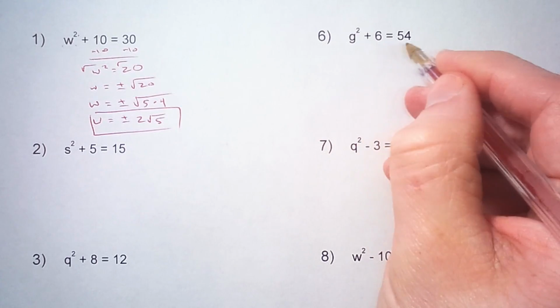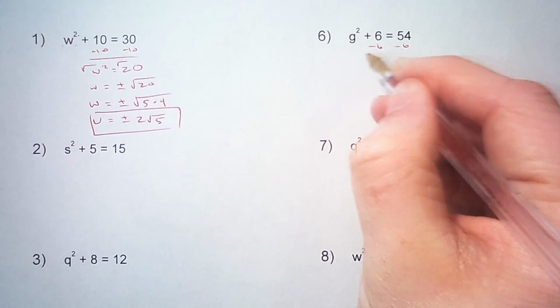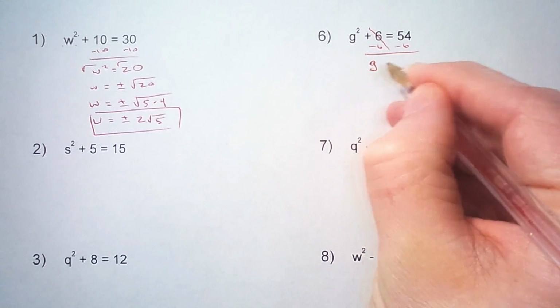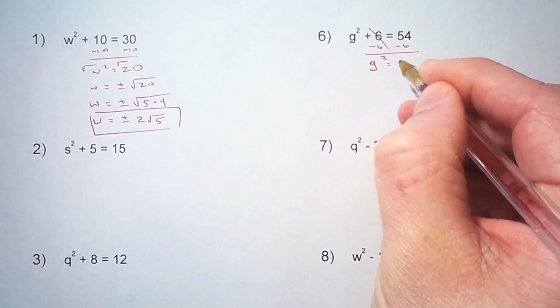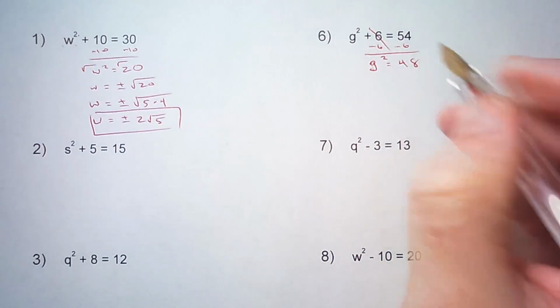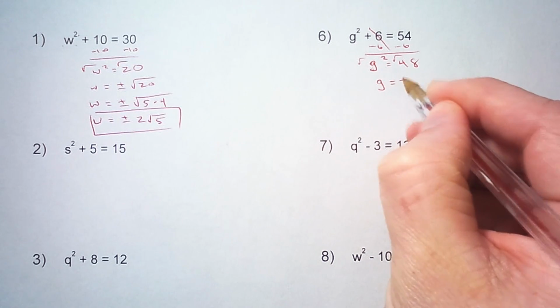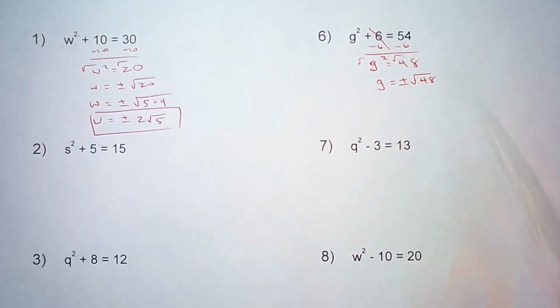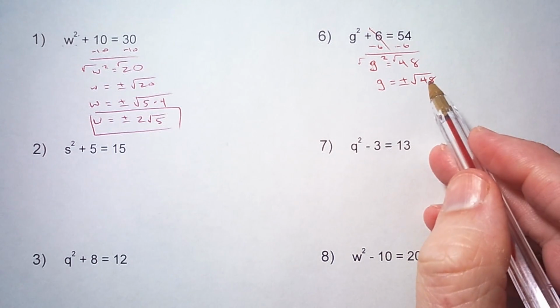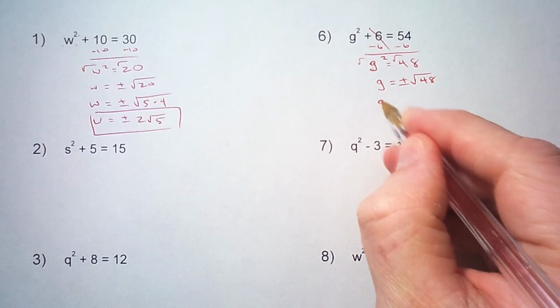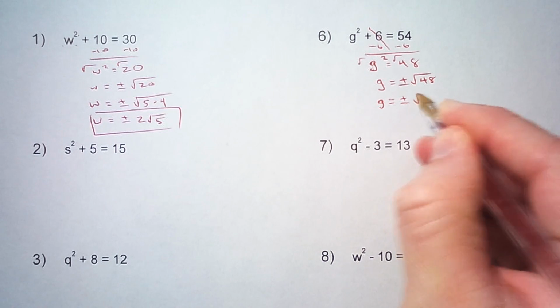Okay, then g squared plus 6 equals 54, so minus 6. Okay, so g squared equals 48. Okay, and then the square root on both sides, and we get g equals plus or minus the square root of 48. Now this one can be simplified also, so we get g equals plus or minus the square root